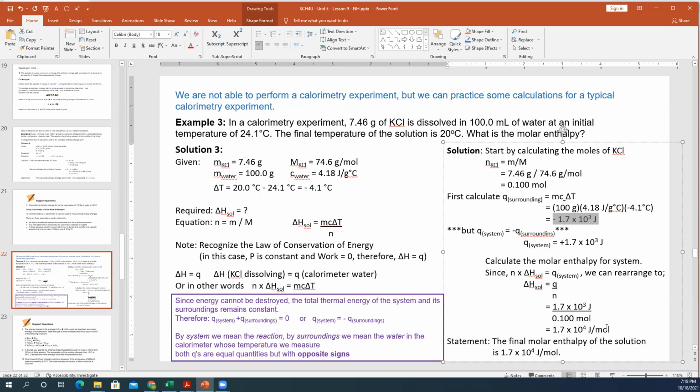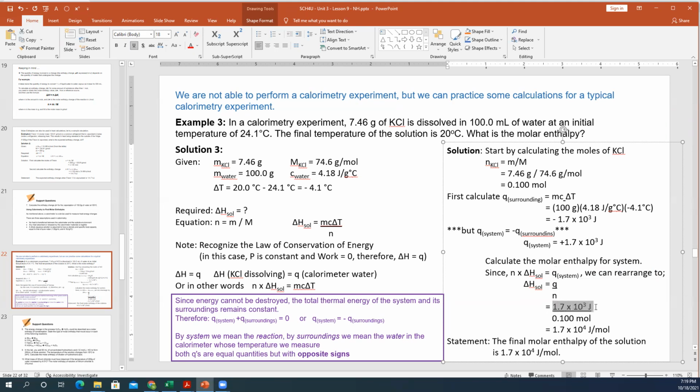Since we know this relationship of n times delta H solution, this molar enthalpy of solution, is equal to the Q of the system for the chemical reaction. The reaction, actually not a chemical, but a solution, the dissolution of KCl, we can rearrange it so that we are solving for delta H solution, for the molar enthalpy of solution. And molar enthalpy of solution, if we rearrange this, is the Q of the system divided by n, or positive